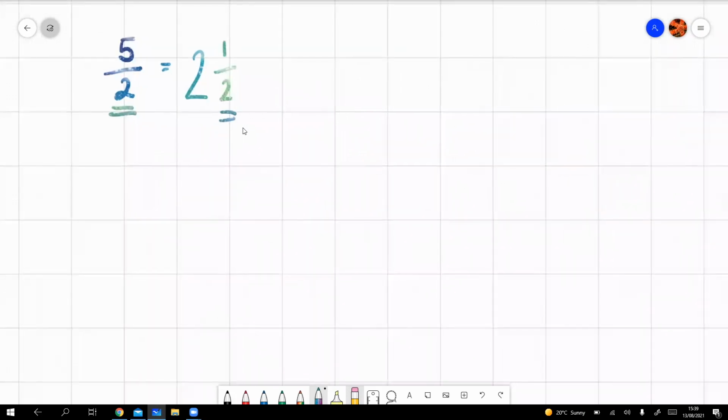Let's have a look at another one. 7/2. Again, we're going to keep the denominator the same. We'll just do over 2. How many 2's in 7? So 2, 4, 6. That's 3 whole ones. How many left over? 1/2. The denominator stays the same. Okay. How about